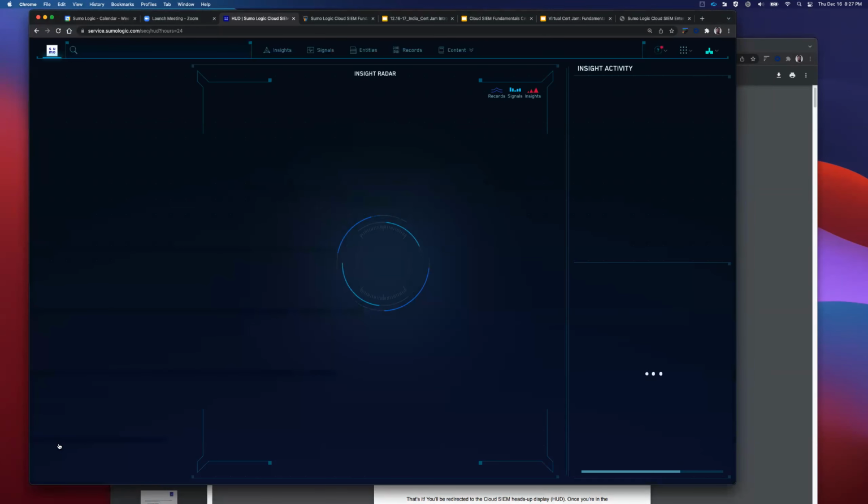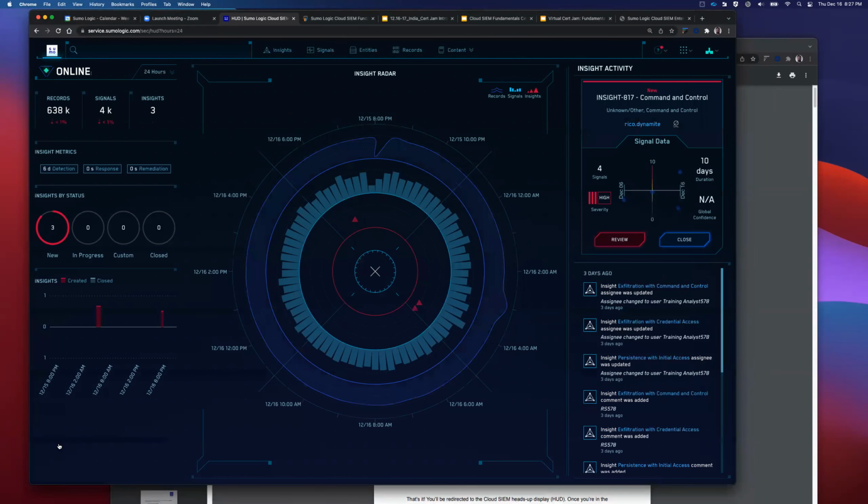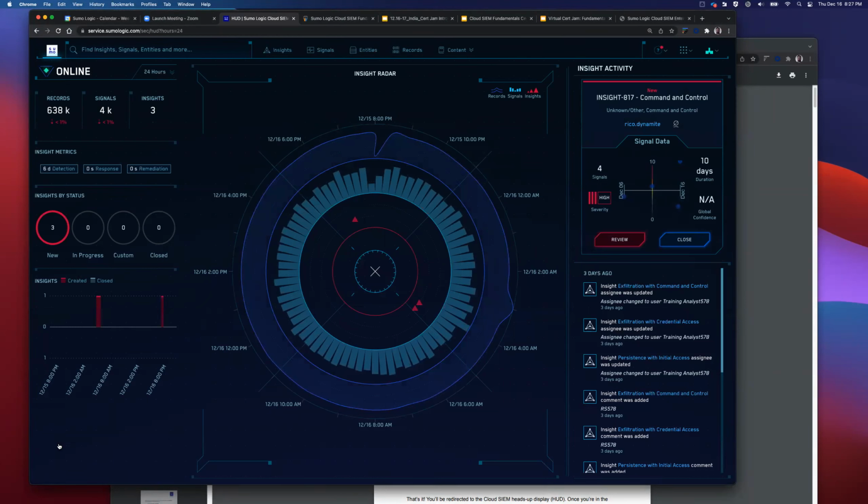There you go, finally. So what you should ultimately get is this screen, which shows this insight radar as described earlier. So hopefully everybody's looking at this. If somebody can just confirm that they're looking at this, just to make me feel better, that would be great. Good. All right, cool. Thank you. You guys are on it.